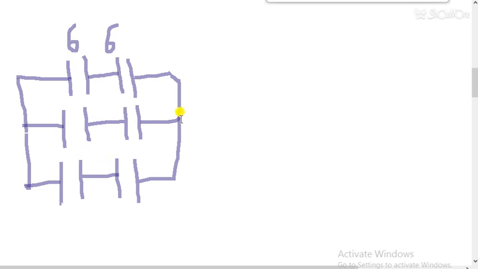I have to get 10. So what else can I do? 3, 3, 3, 2, 2, 2. Okay, can I get 2, 2, 5, 2? Wait for one minute, students. If I connect 3 capacitors, then I will get the value 2 and 3, 5, that is 15. So now 6 here, 6 and 6, so I have to connect 6 capacitors here.